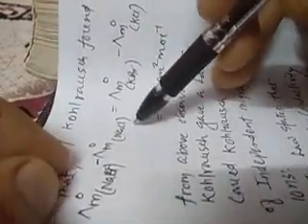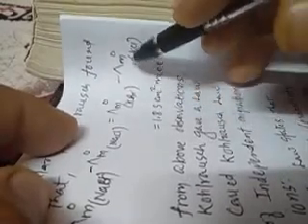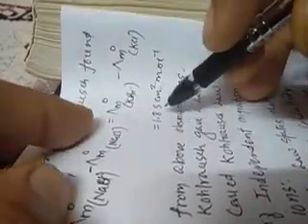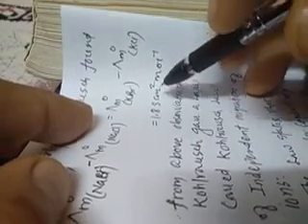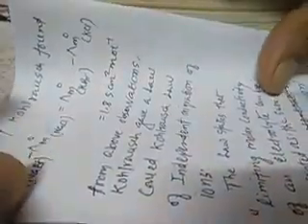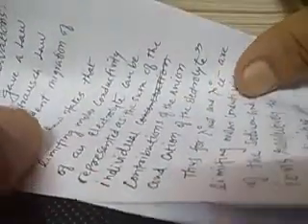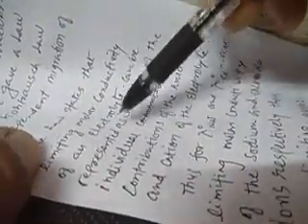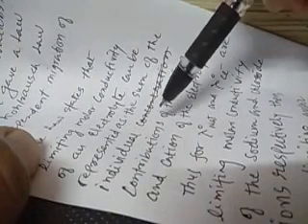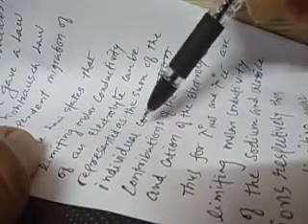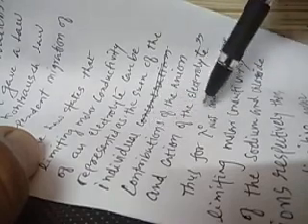He did some more observations and also derived a few more. Similarly, he derived that lambda m0 of NaBr minus lambda m0 of NaCl is equal to lambda m0 of KBr minus lambda m0 of KCl, which is equal to 1.8 Siemens centimeter square per mole. From the above observations, Kohlrausch gave a law called Kohlrausch's law of independent migration of ions. The law states that the limiting molar conductivity of an electrolyte can be represented as the sum of the individual contributions of the anion and cation of the electrolyte.